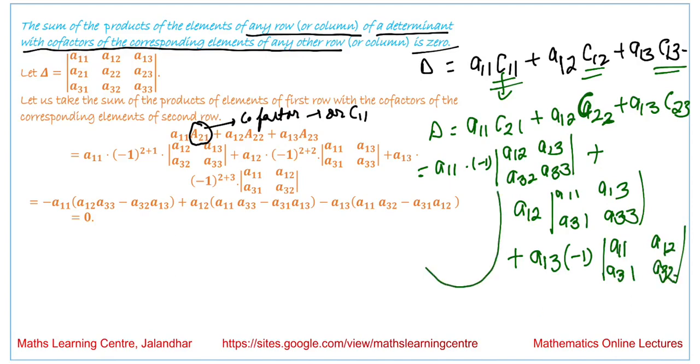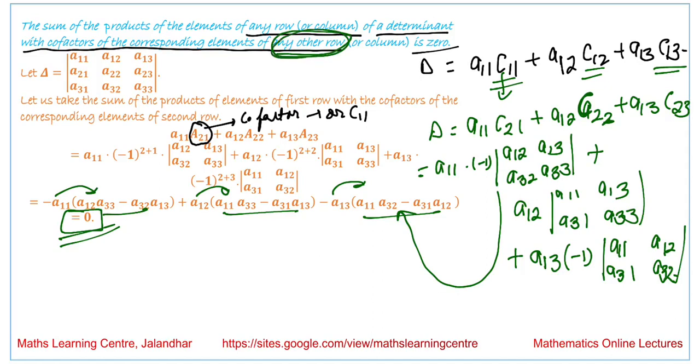When we expand all these determinants, we will obtain the answer in this form. When you multiply with A11, A12 and A13 over here, all these terms get cancelled and the final answer we obtain is equal to 0. So we are saying the sum of the products of any row of the determinant with the cofactors of the corresponding elements of any other row is 0. This 'other row' is important, because if we multiply with the same row, we get the value of the determinant. With any other row, we get the answer 0.